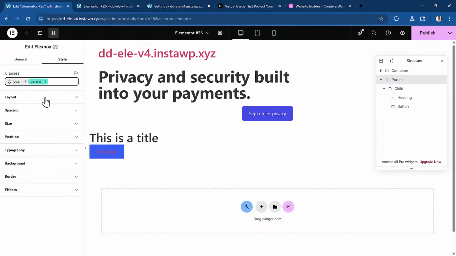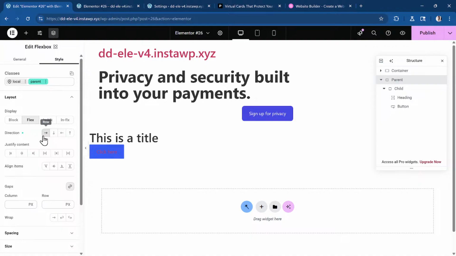In that parent container, what I want is for the flex direction to be row and everything to just be center. So justify content center, align items center. That's for the first one. Then for the inner container, which is the child,